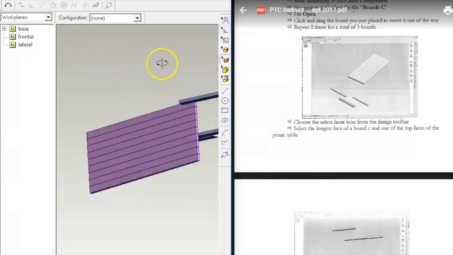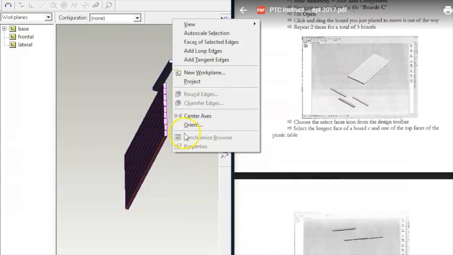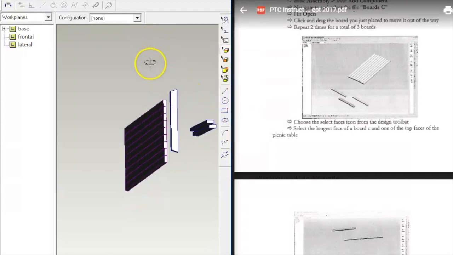Are you sure about that? Yep. And then watch. So now I'm going to choose just one of these edges, E. I'm going to get this little tiny edge. I'm going to choose one of these edges. And then I'm going to press center axis. Okay? So now